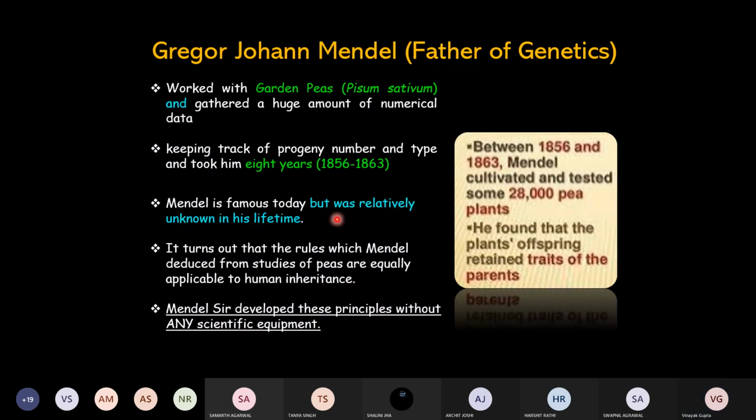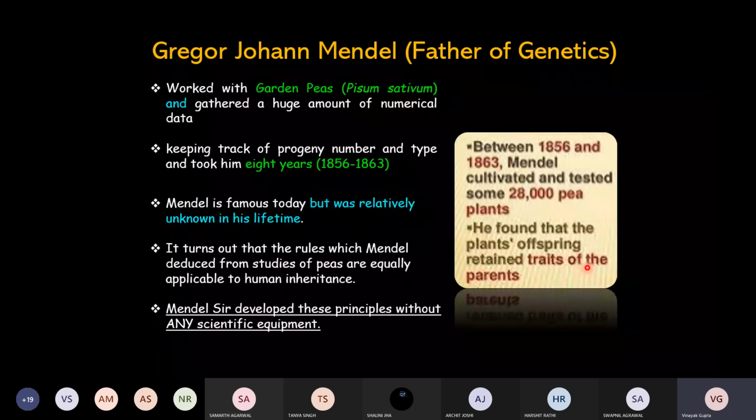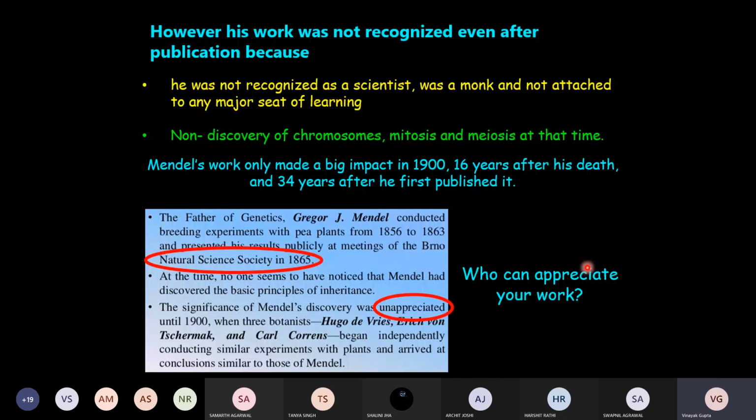Unfortunately, when he was working, he was not famous. Nobody recognized him or his work, but later on, at present, he's considered the father of genetics, he's very famous, everybody has respect for him. But during his lifetime, he was actually nothing. Nobody appreciated him, nobody recognized what this fellow was actually saying. And there are reasons for that. He did get published. He did this work for 8 years, then he published, and then he presented his work in a conference, the National Science Society, in 1865 actually.